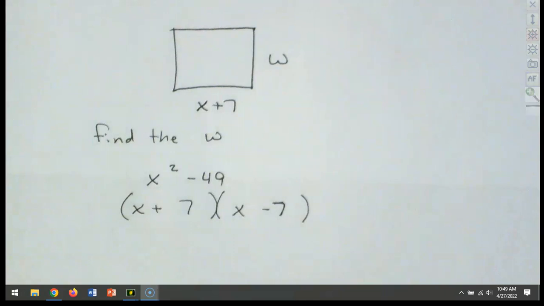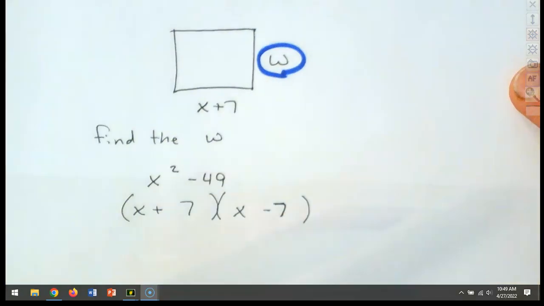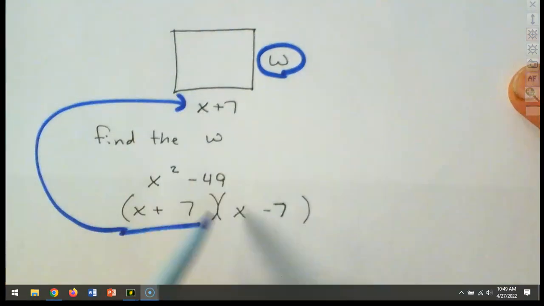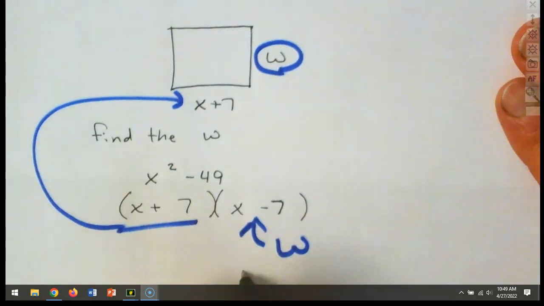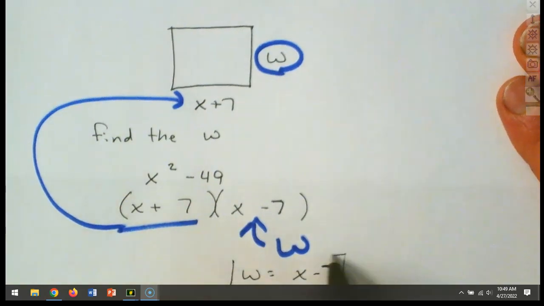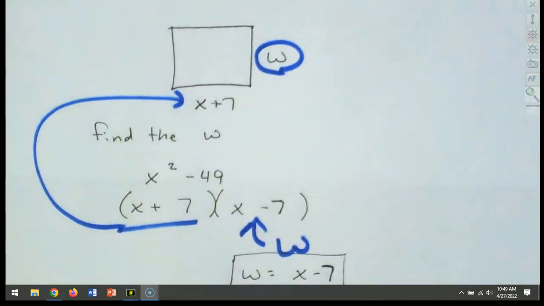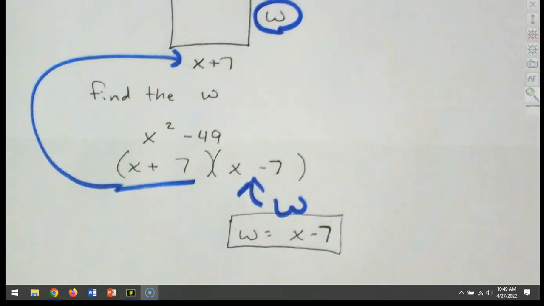Now we go back and we look, which piece are we missing? We're trying to find the W. We're trying to find this piece right here. This piece matches up with that piece, right? So then what's my W have to be? Yep. W then has to be, by elimination, x minus 7. Are we okay with how to work these out? Because you've got 7 and you've got 10 that are factoring those out to try and find the missing part. I think that should now pretty much finish